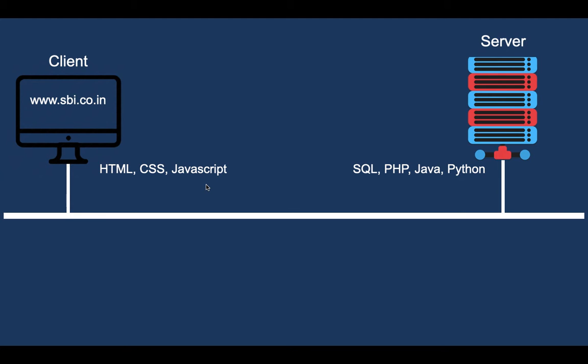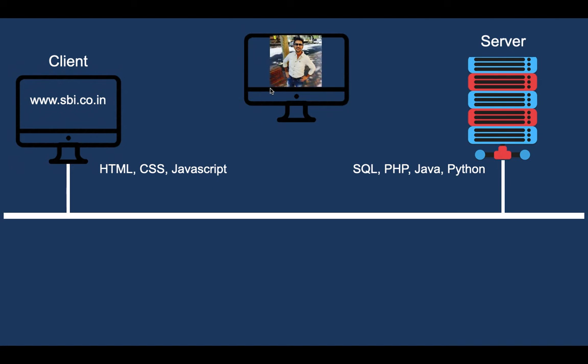To understand this, let's take an example. It's quite interesting. Pay attention. Let's say this is me, connected to the internet. This is my computer and I am also connected to the internet. Now let's say you want to transfer 10,000 rupees to my account. I repeat, let's say using the net banking of SBI, you want to transfer 10,000 rupees to me, to my account.